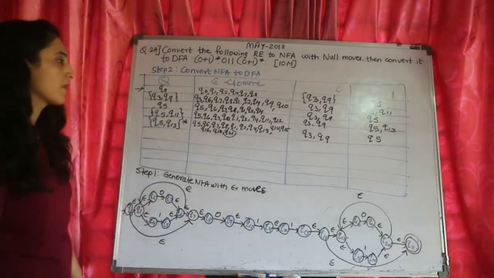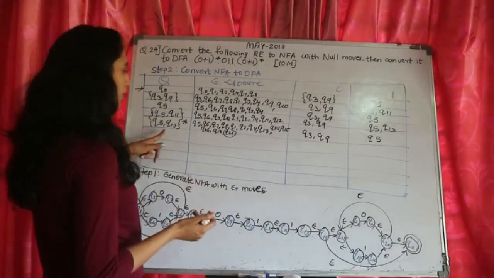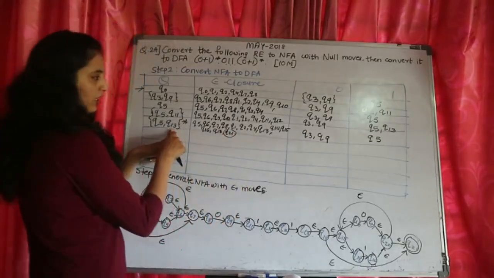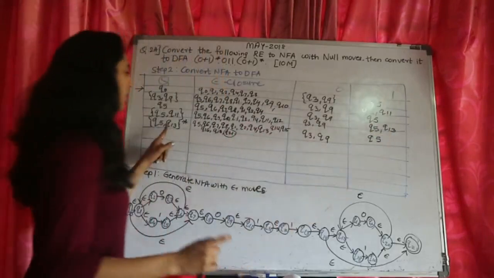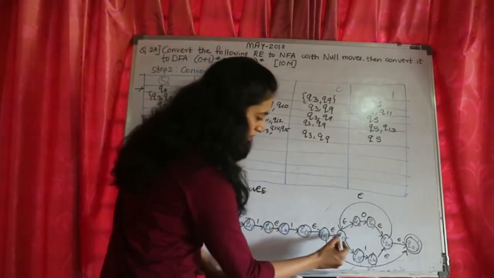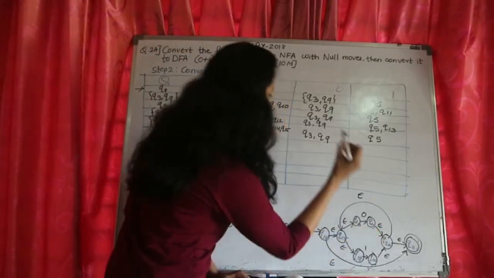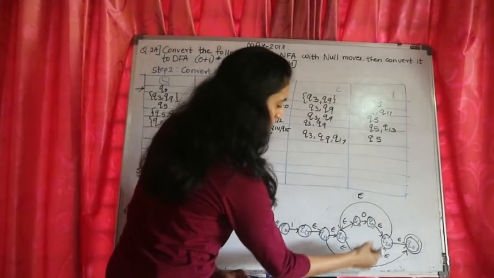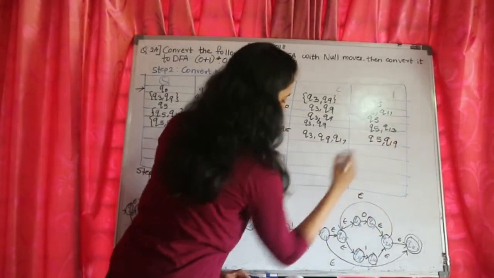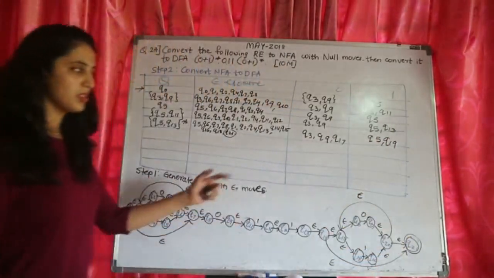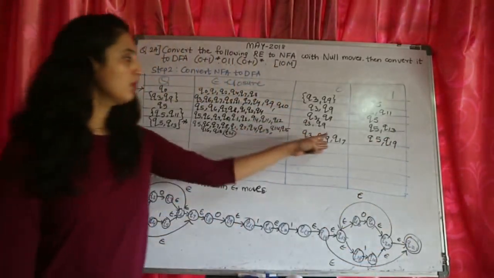Okay, next. Do we find any? Okay, now we have written the 13 closure. We need to write the 0 and 1 values of 13. If 0 comes on 13, what will happen? On 13, this is the first way: 0 came, we go to Q17. This is the second way: 1 came, we go to Q19. Then on 13 this third way, nothing comes from here. So we stop there.